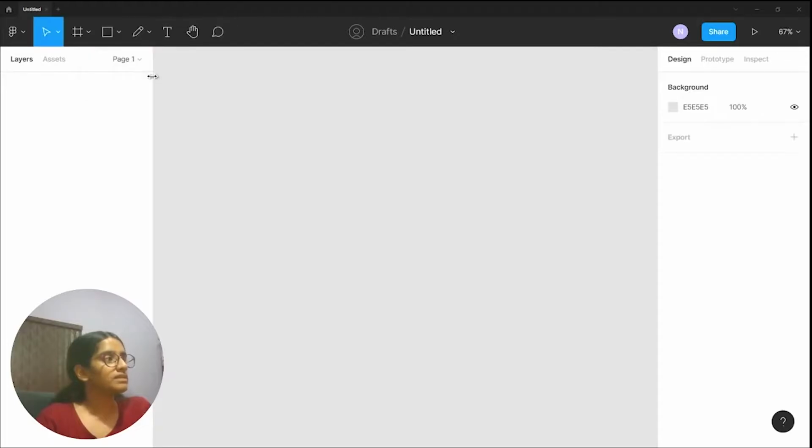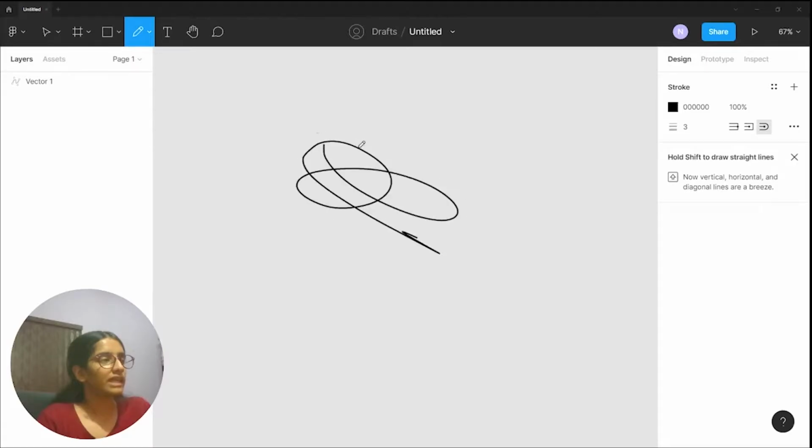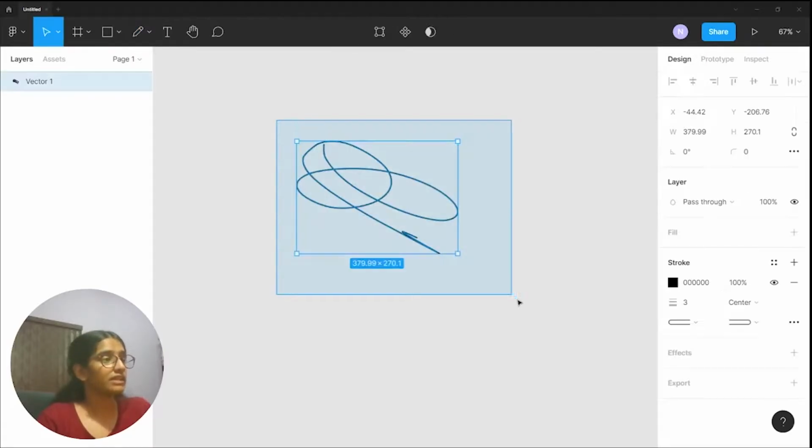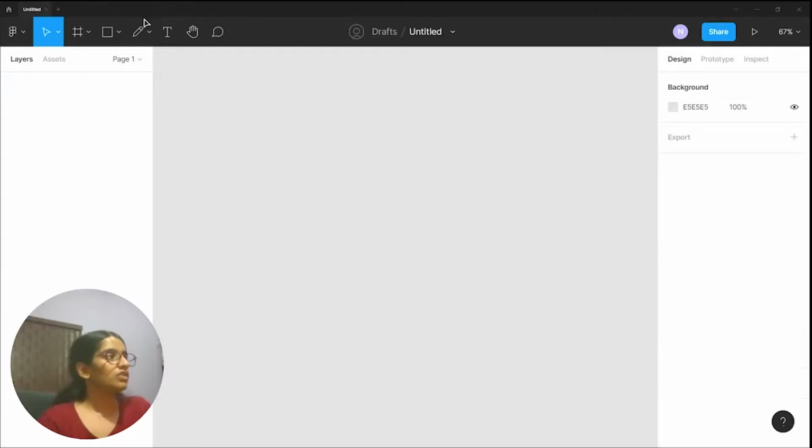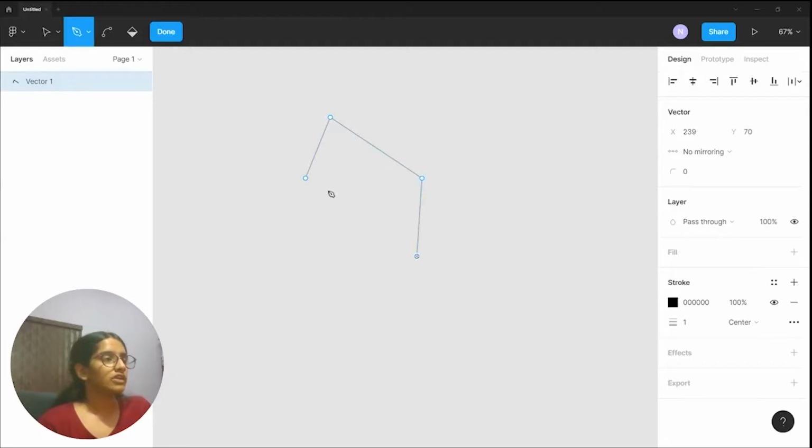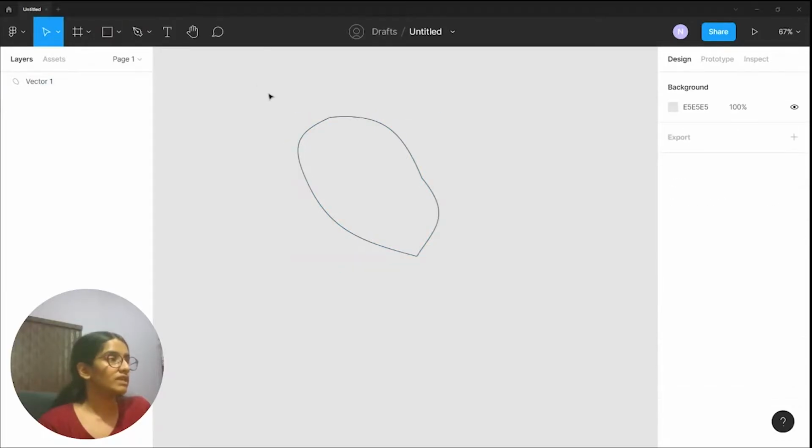So if we talk about the pencil tool, it allows you to draw in anything that you like, and it considers it as an entire vector, so you can also select it together. You also have your pen tool, which is used for mainly vector designing as well. So if I draw something like that and connect the dots, I can also edit this and also use the pen tool. So right now I've used this pen tool to draw a little vector over here. I can also head over to my toolbar and select the bend tool to curve it basically right over here. So this is how Figma's pen tool is used for making vectors as well, very useful.